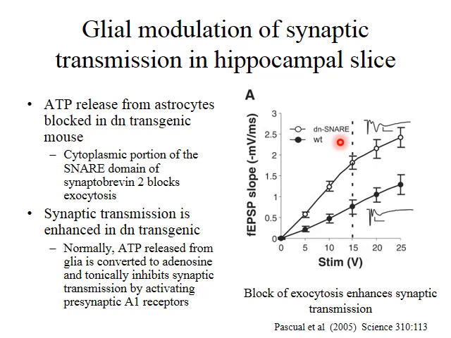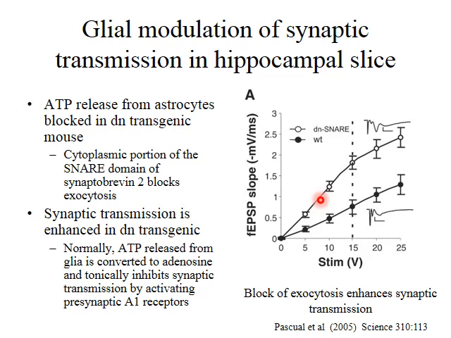And when the same experiment was done in the transgenic animal expressing the DN SNARE molecule in astrocytes, we see that for a given voltage, the field potential, the synaptic potential recorded from pyramidal neurons is just about twice as large, and this goes for the entire range of stimulus voltages used. So basically, in this transgenic mouse, where vesicle release from astrocytes is blocked, we see that synaptic transmission from CA3 to CA1 neurons is about twice as large. So the investigators went on to figure out what in fact was happening, and what they discovered is